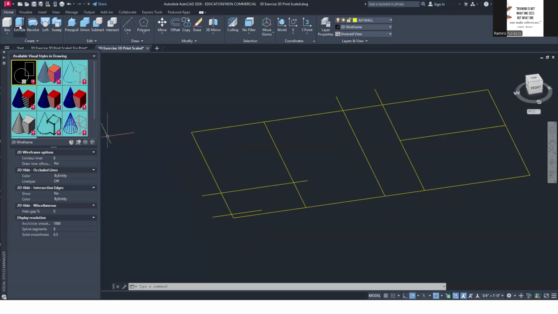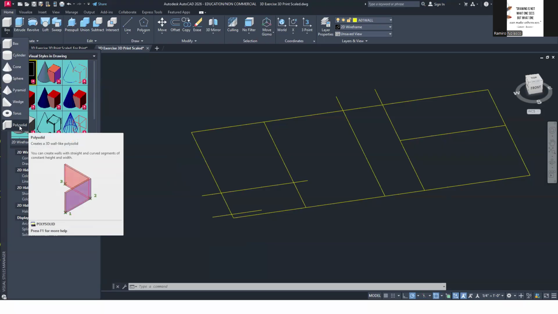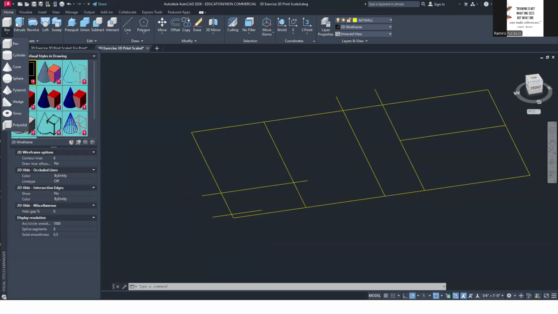So we have the extrude command, and like I showed you, it's easy to check, there are different primitive objects. One of the very useful commands is the polysolid when we are creating walls. Okay, but extrude allows us to extrude objects that are a line.